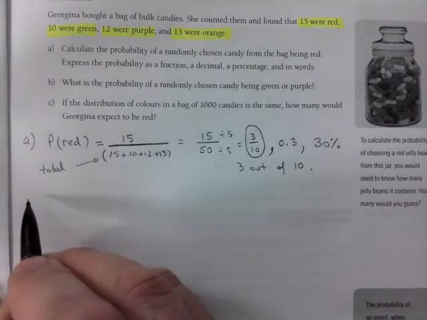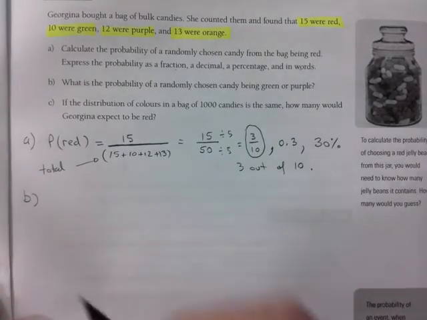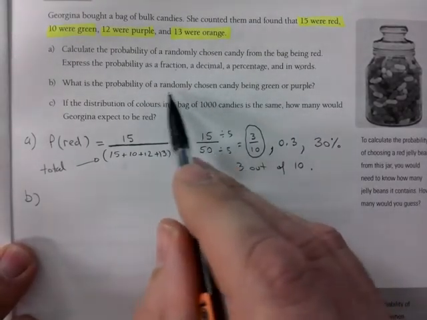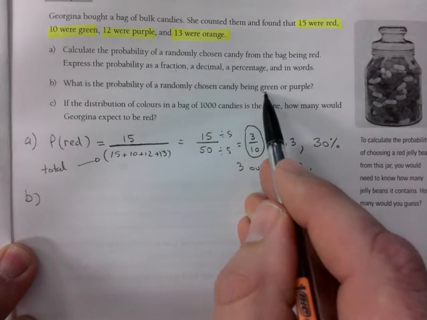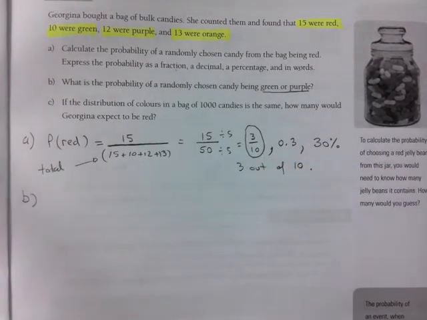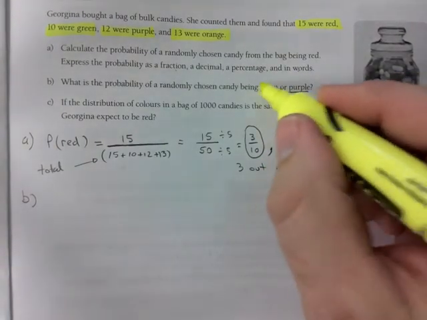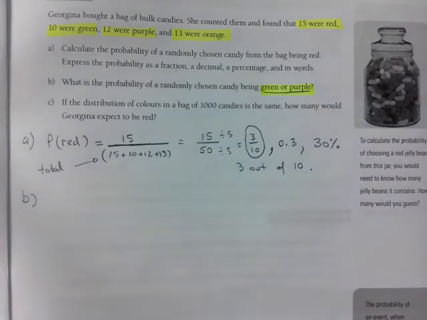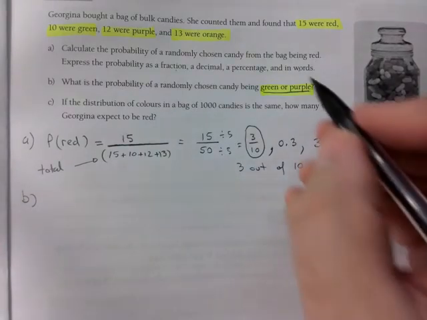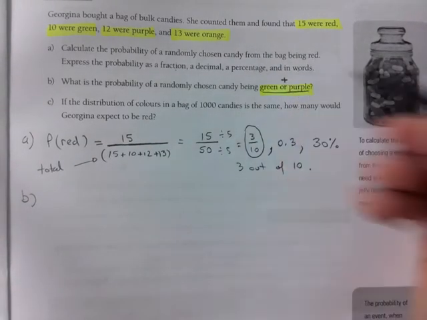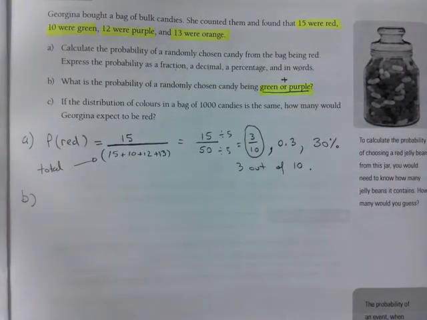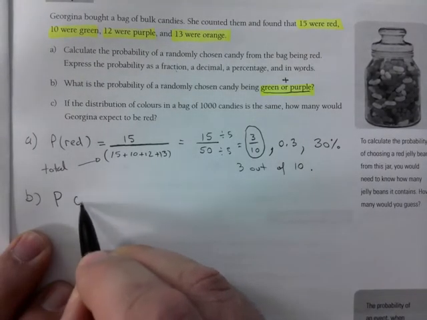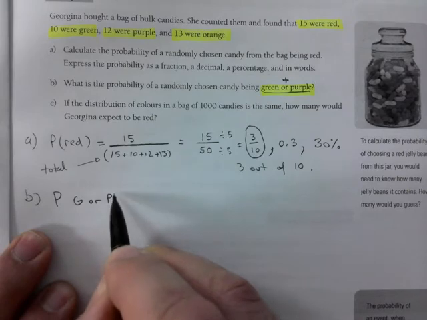Next, B. What's the probability of a randomly chosen candy being green or purple? What's going on there, green or purple? In probability, "or" means you have to add, okay? Green or purple. So probability of green or purple,